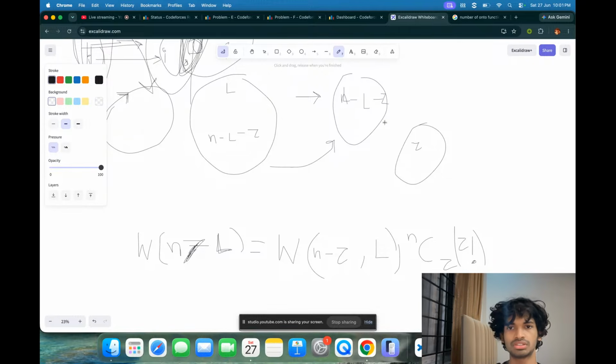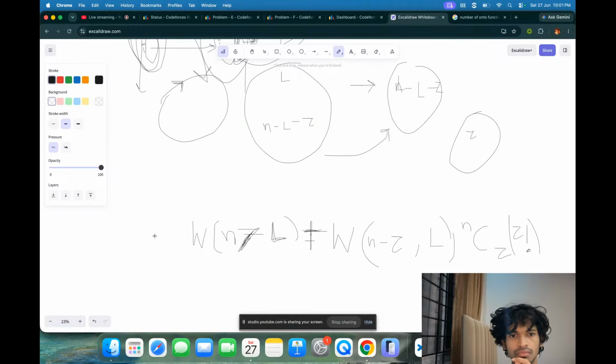Because these are permutations is my assumption. Total equals n minus L whole power n, equals to